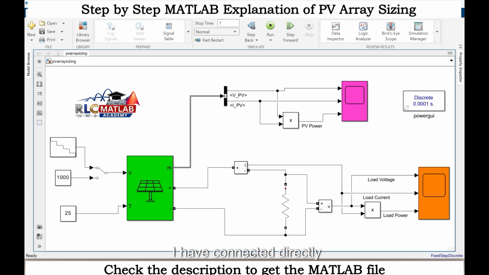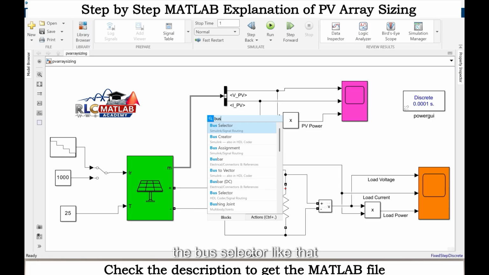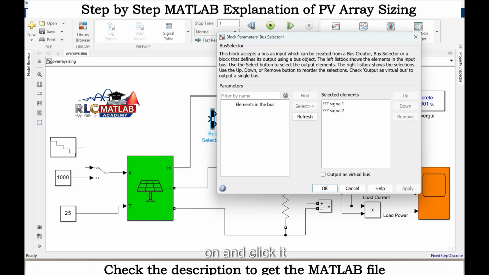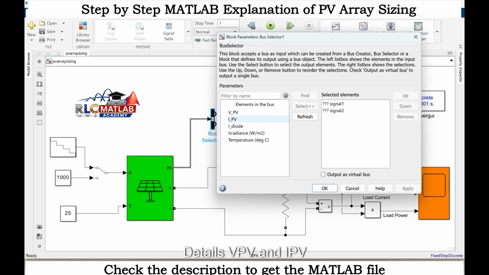I have connected directly, and inside that you can select the bus selector like that and click it. For example, you can connect this here. We will get the details VPV and IPV. Without connecting this one, we will not see the details. Select VPV and IPV. For example, select VPV, select IPV, then remove these details. Next, you can give apply, and